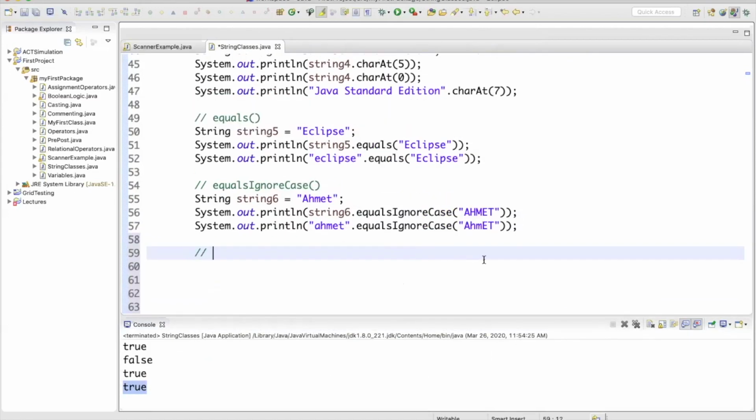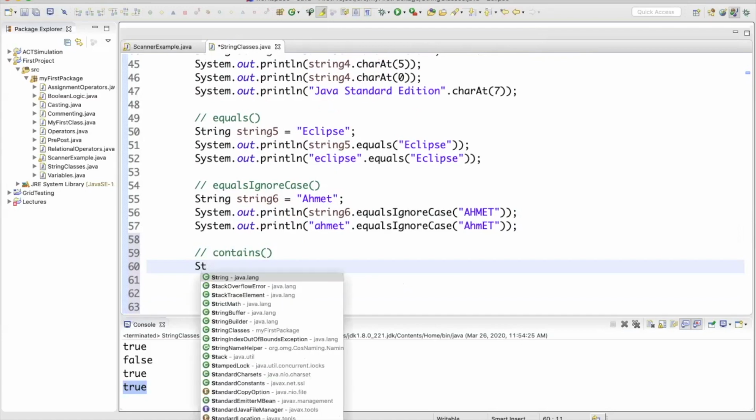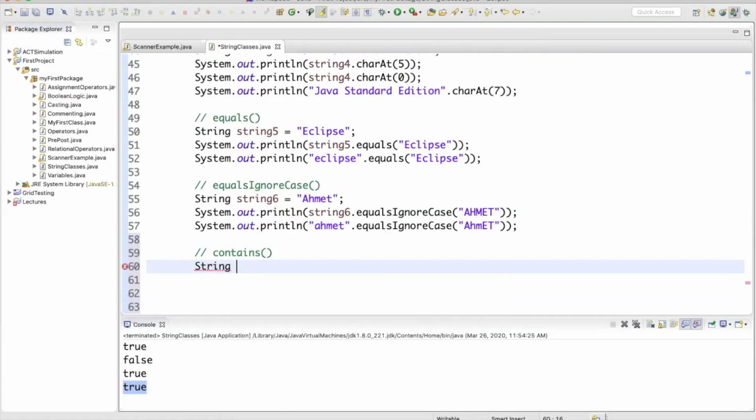Another method that I'm going to show you guys is contains. This contains method is returning again true or false depending on the character which I'm looking for. So let's check the example. I will create string7. I will assign a name as John, and System.out.println